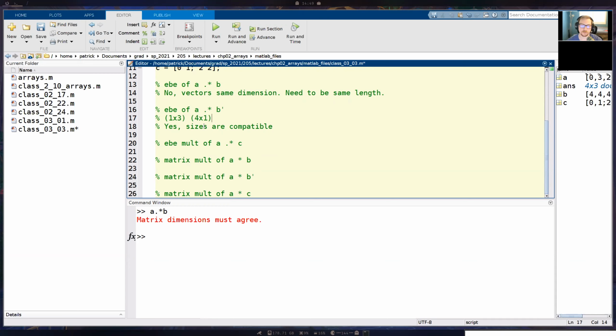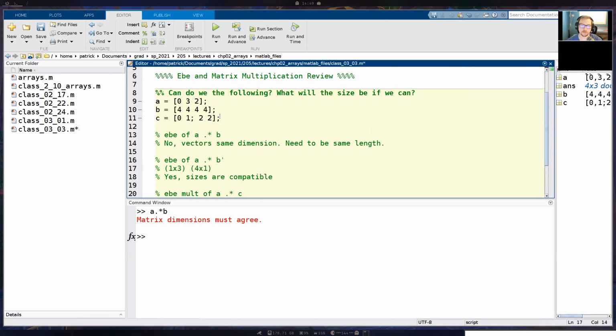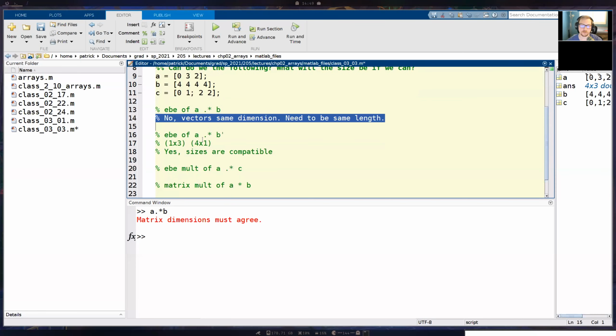Before I continue, there's a question. Basically, any multiplication that is transposed is always going to be allowed. For this exercise, yes, because we're multiplying a row vector with a column vector, but you need to pay attention to the dimensions. If you have vectors of the same orientation, both column vectors or both row vectors, they have to be the same length. But if you have a row vector multiplied by a column vector, element by element, the length of each one doesn't matter, which we're about to see.